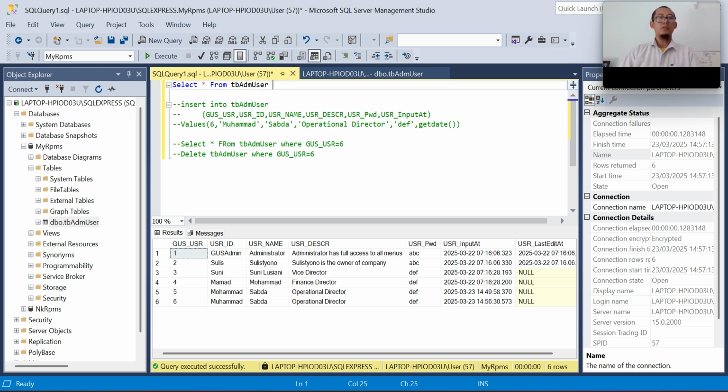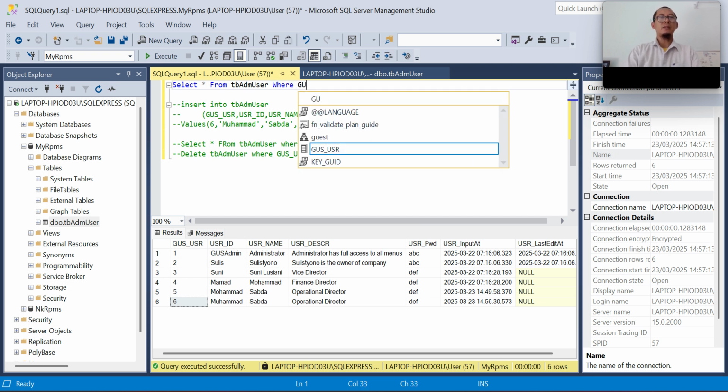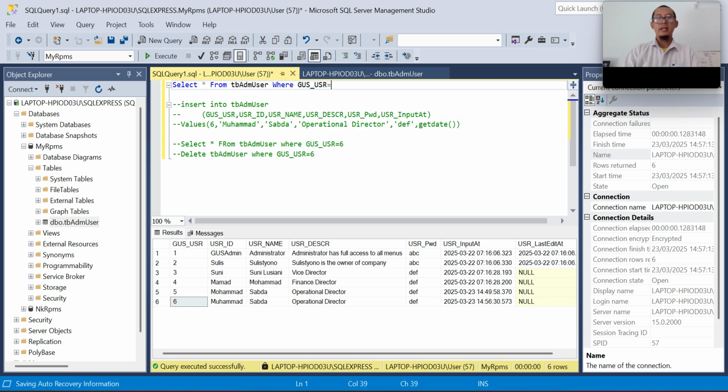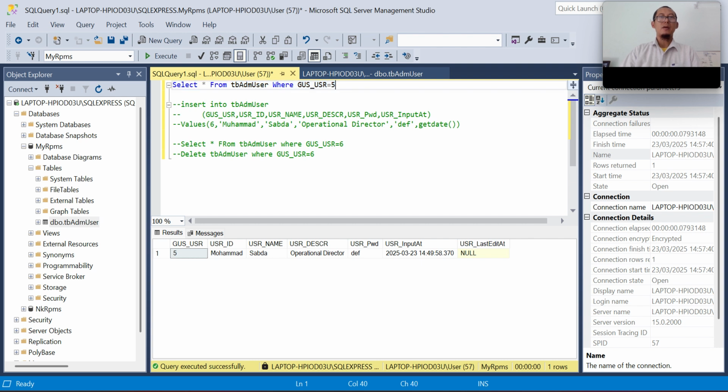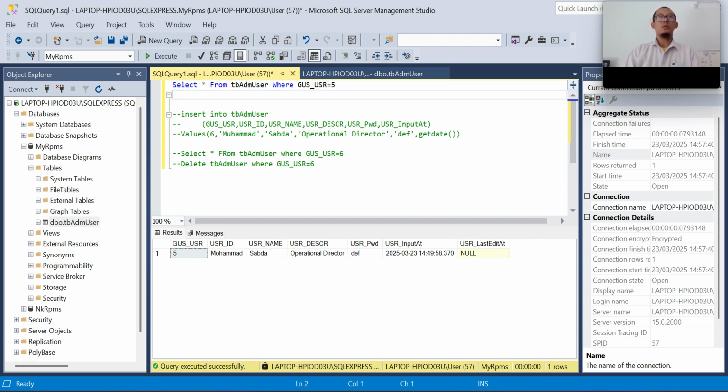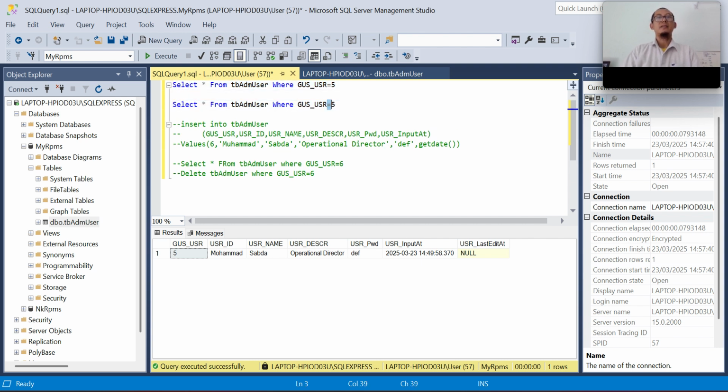What if I want to display data with USR 5 and 6? If we want to display data with USR equals 5, this is what we use, equals 5. What if I want to display some data with USR 1, 5, and 6?